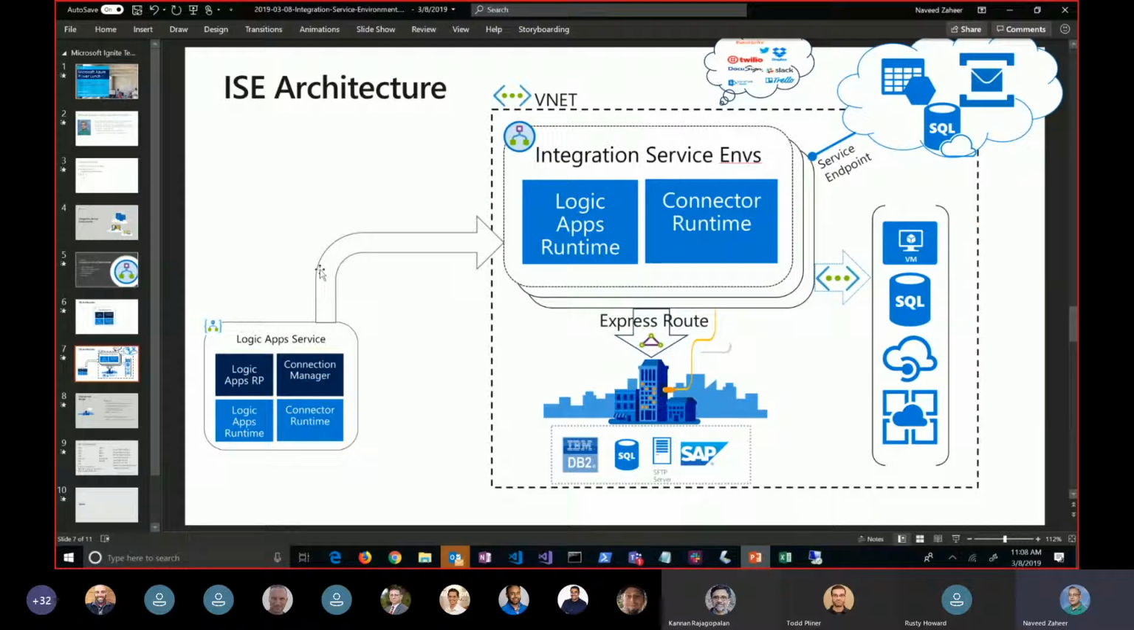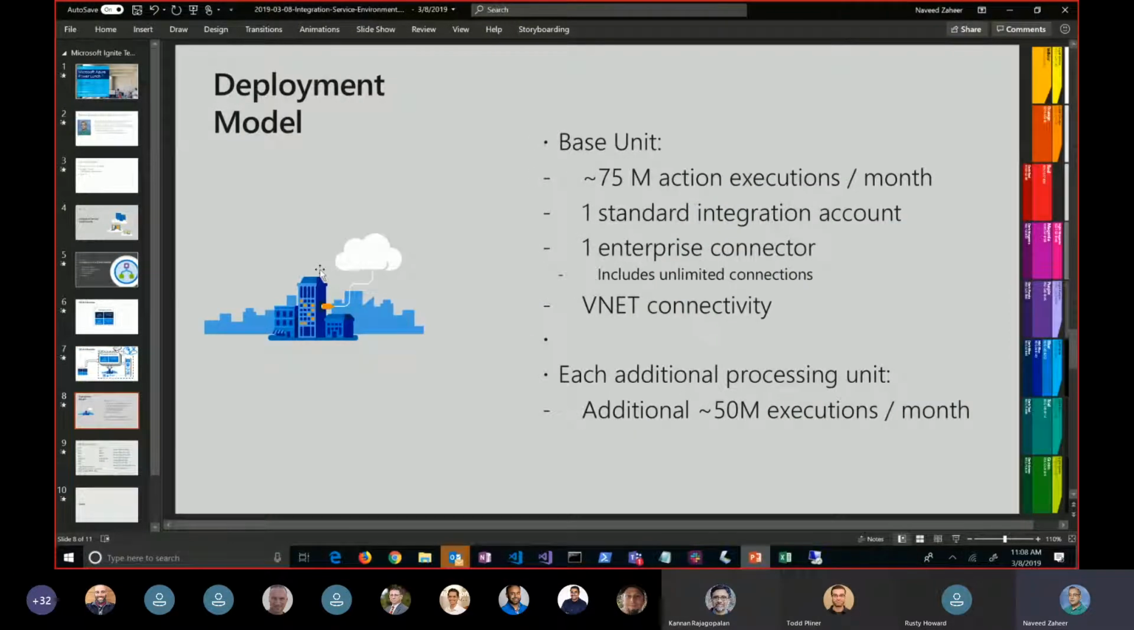So that's what it provides. So base unit, and we will take a look at it. Base unit provides you 75 million action executions a month, and of course VNet connectivity. And the thing is, you can add more units to it. Okay, so what we are going to do is see how you can create one of those